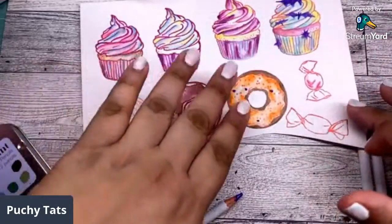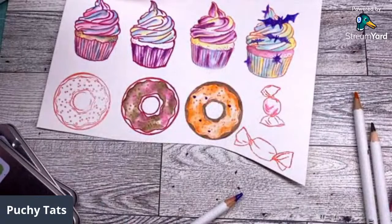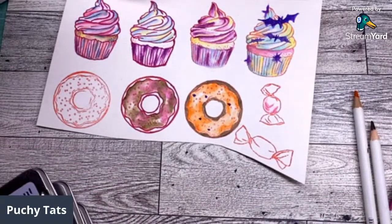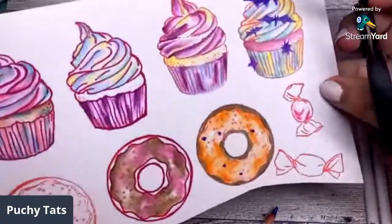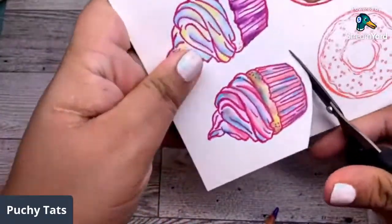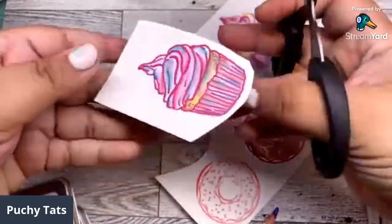I'm telling you, look at their sweet treats. And we easily turned it into a Halloween one. Let me go ahead and cut one of these. Let's cut some of these out. Let me cut this one out. Cut it like that and just throw it onto your...